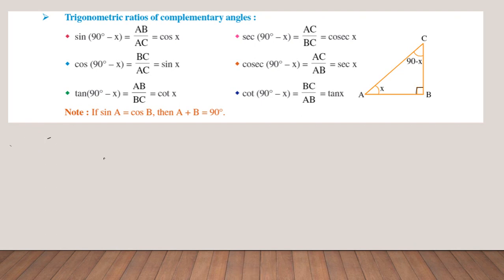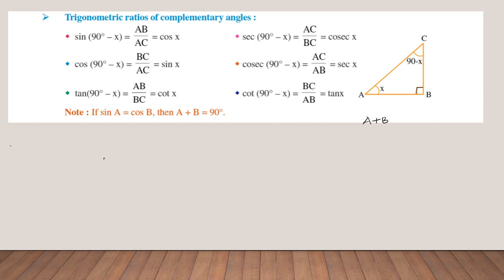Now getting into the concept, after knowing the concept, we'll go for a shortcut which you need to remember. Using that you can solve any problem. Now let us see this. Already you know this is a right angle triangle ABC. Right angle triangle ABC means one of the angles will be 90 degrees, and we know that in a triangle the sum of all interior angles is 180 degrees.